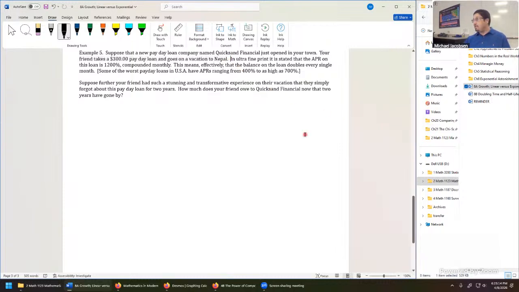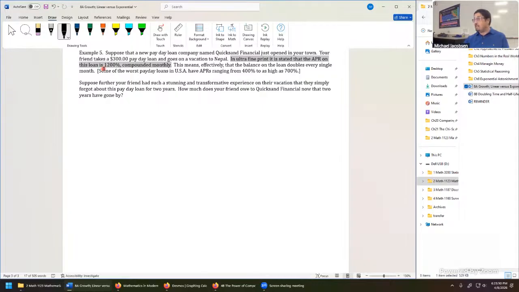And they were told next, in ultra fine print, it stated that the APR on this payday loan is 12,000% compounded monthly. And that's pretty insane. It's a big exaggeration for what's even legally allowed in the USA. But in some states in our country, some of the worst payday loans actually have APRs in this range from 400% to as high as even 700%. So even though that's kind of a wild exaggeration, it's not that far off, which is, again, kind of scary